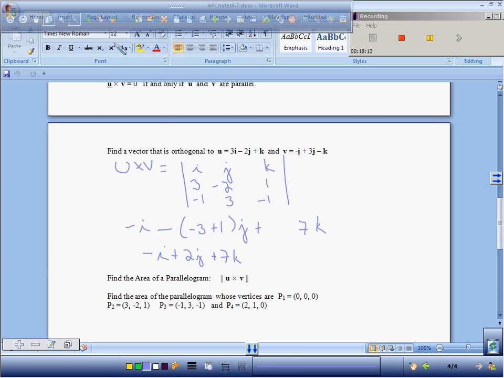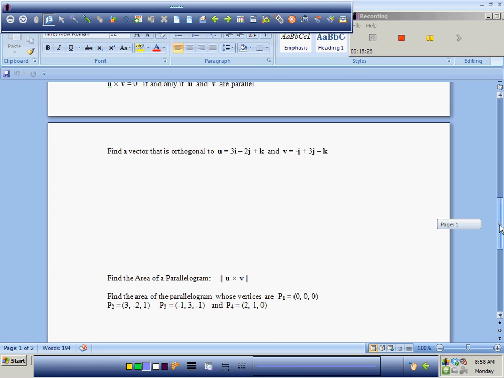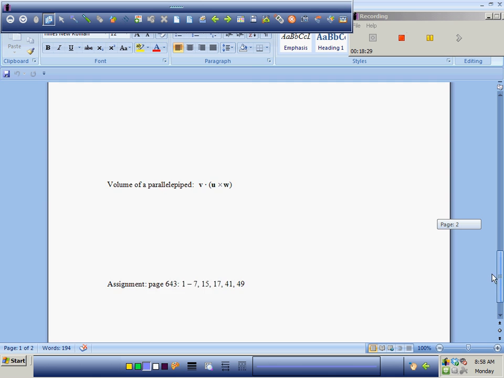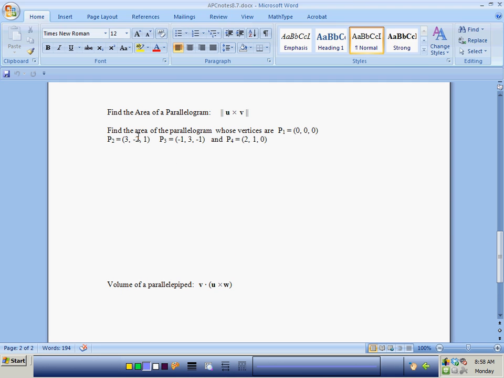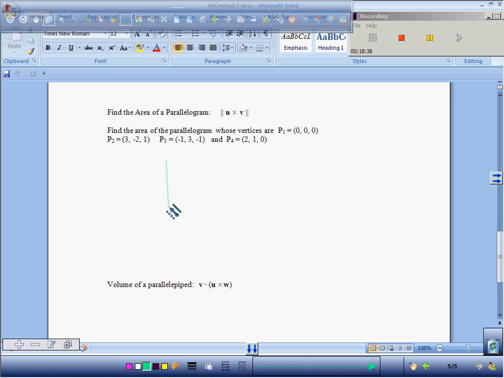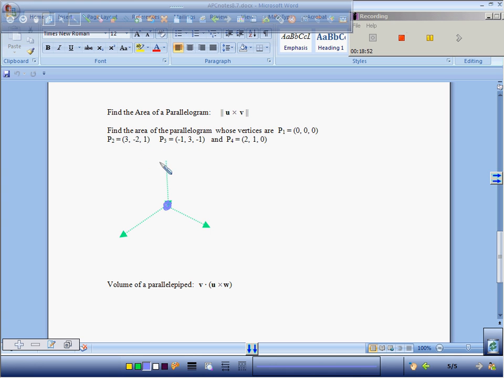Find the area of a parallelogram. This one down here can be a little bit tricky, and then we're done. That's easy. So this one here can be kind of tricky, because I'm going to just draw an X, Y, Z axis. Okay, X, Y, Z axis. So you know that 0, 0 is here, right? But in 3 dimensions, they will tell you, I think, on a test, but not on your homework,